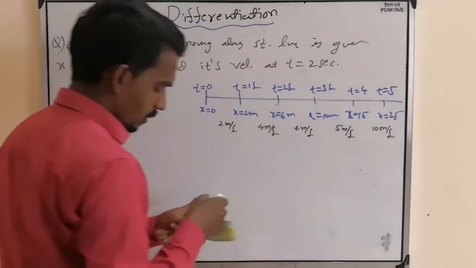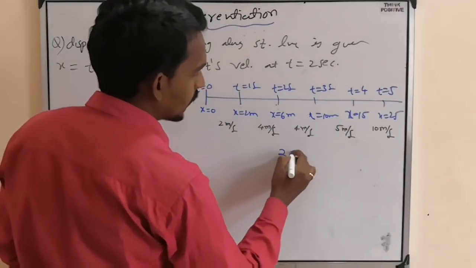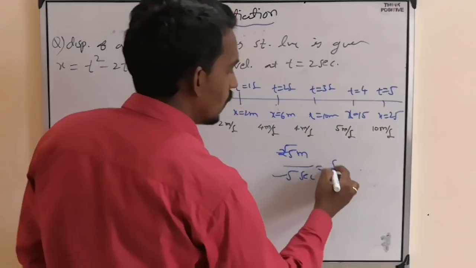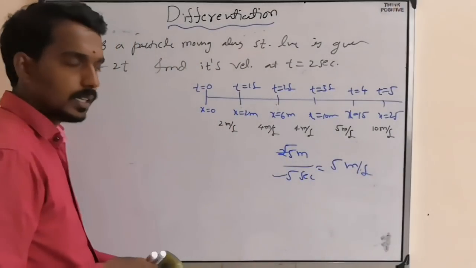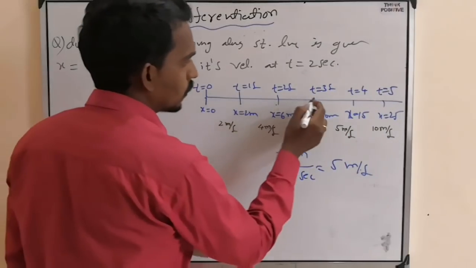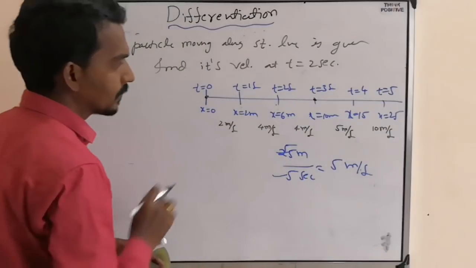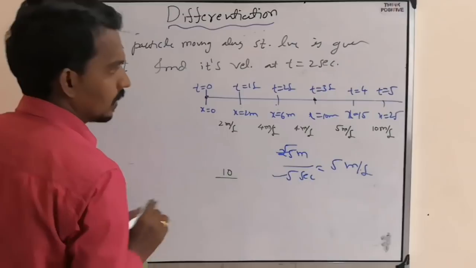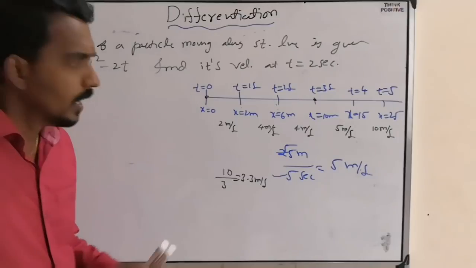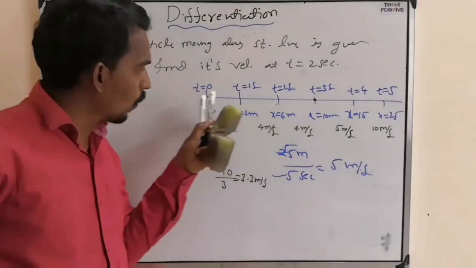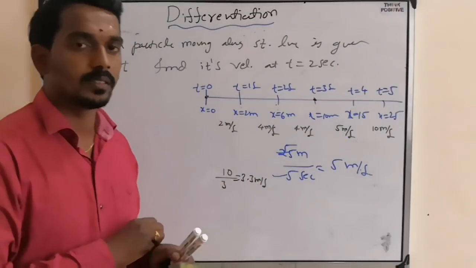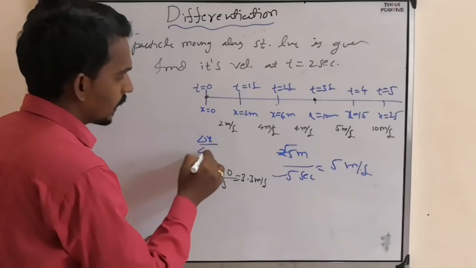But if you consider overall, it covered a total of 25 meter in a time of 5 seconds. So that is 5 meter per second. This is the average speed from here to here. Or else from here to here, you take 0 to 3 seconds. The distance covered is 10 and the time taken is 3, so 3.3 meter per second. Now from one instant to another instant, one position to another position, one time to another time, the average is nothing but delta x by delta t.